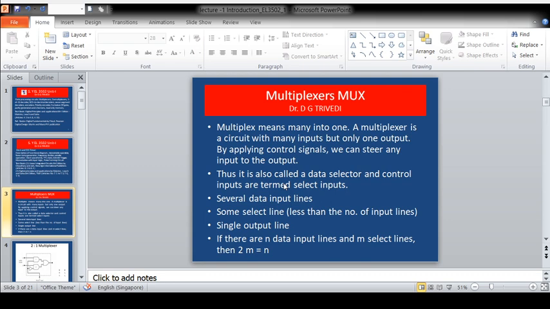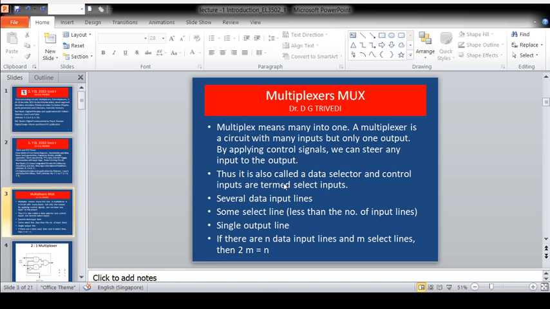Using a multiplexer, you can select among multiple channels, and any one of the channels can be connected to the output. That means you will have data at different channels, and out of these different channels, you can select one and connect it to the output. That is called a multiplexer. It is very much utilized in telephones, etc. Consider you have one phone, but outside there are a number of inputs, and anybody can connect to you. This kind of system is known as a multiplexer.